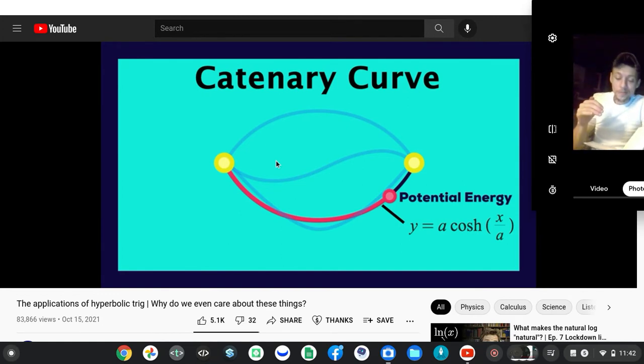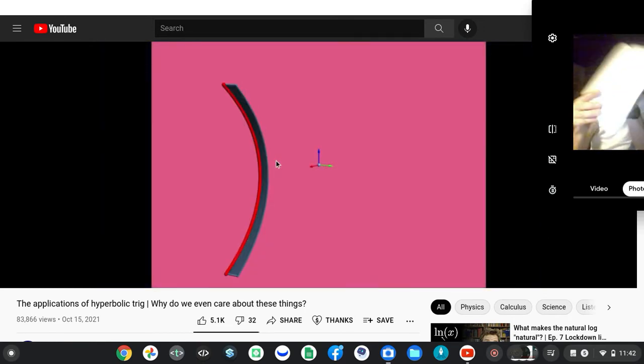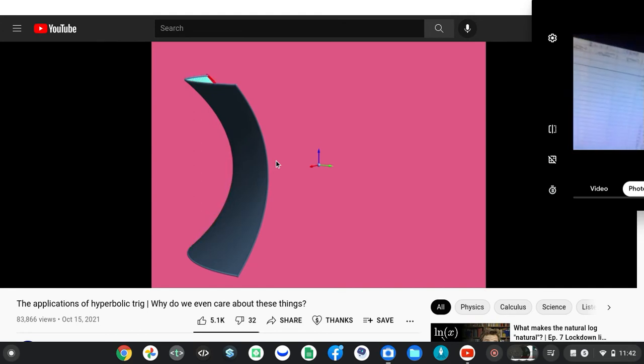In fact, if we take this problem, now I'm going to give you something similar. If you take a catenary curve, hyperbolic cosine, and rotate it about the x-axis to make a surface,